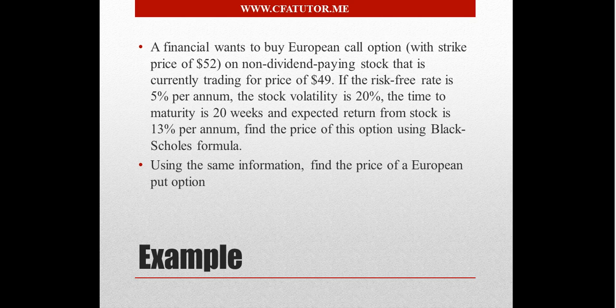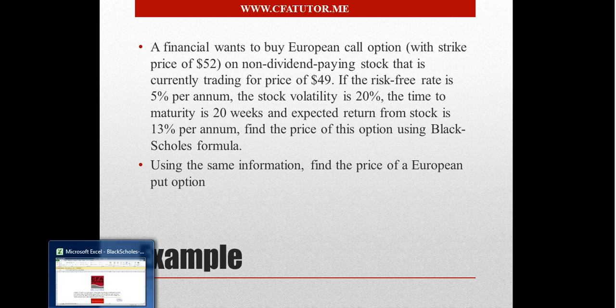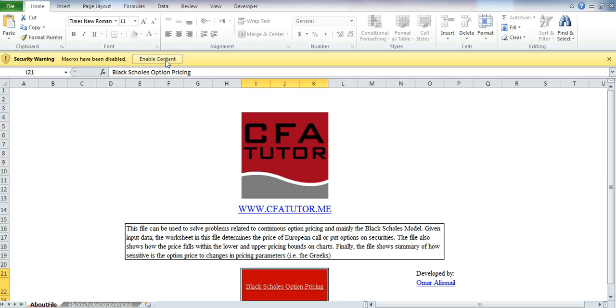If a financial institution wants to buy a European call option with a strike price of $52 on a non-dividend paying stock that is currently trading at a price of $49, the risk-free rate is 5% per annum, the stock volatility is 20%, the time to maturity is 20 weeks, and the expected return from the stock is 13% per annum, find the price of the option using Black Scholes, and using the same information, find the price of a European put option. So if you go to Excel Sheets Level 2 on the website, then you download the Black Scholes